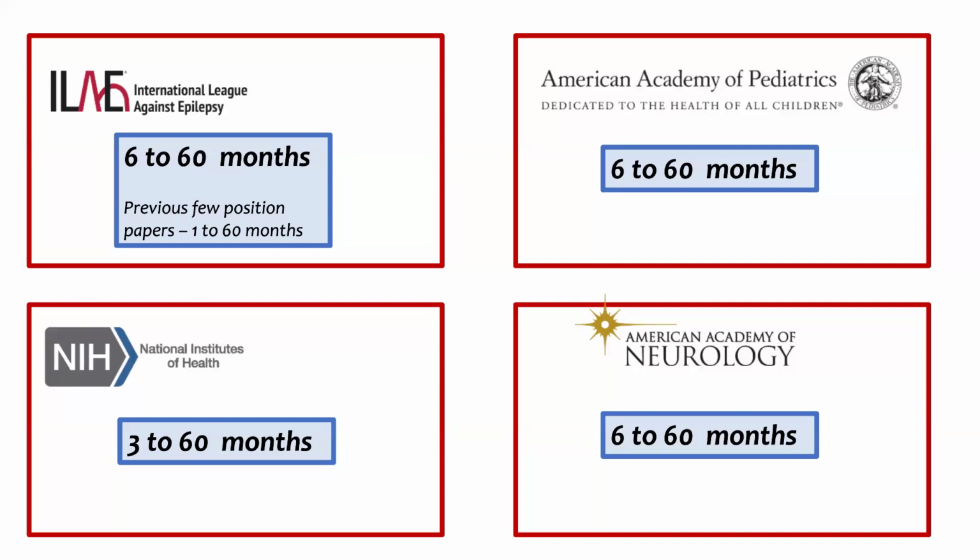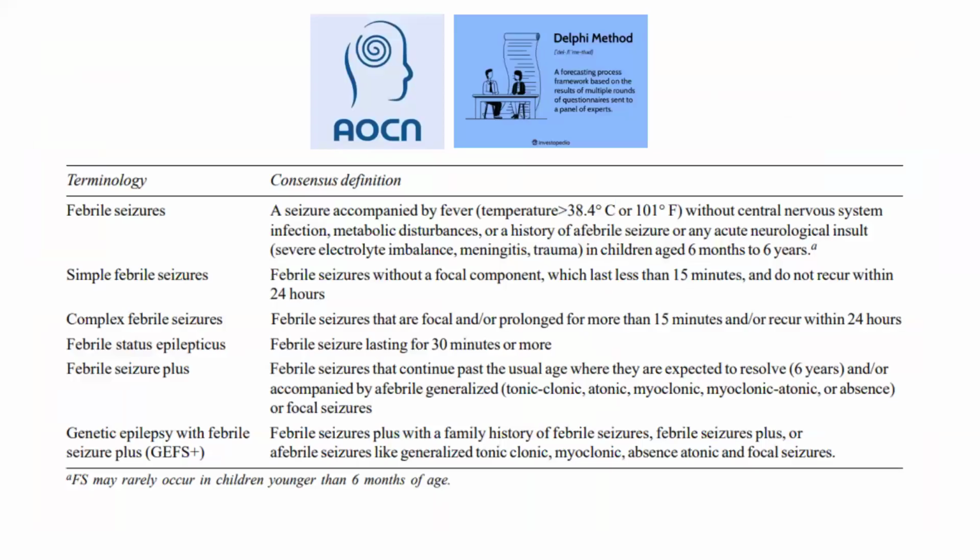Regarding the AOCN guidelines, AOCN is, as I said, the Association of Child Neurology. There has been a study which used the Delphi method. The Delphi method is a type of study wherein different forms of questionnaires are sent to physicians, especially the experts in that particular subject, and they are asked about